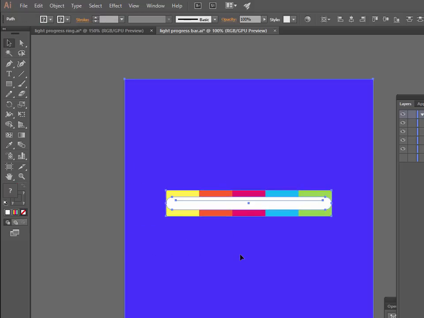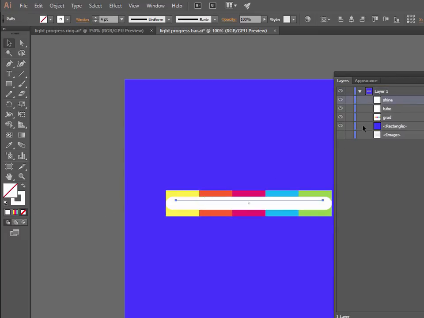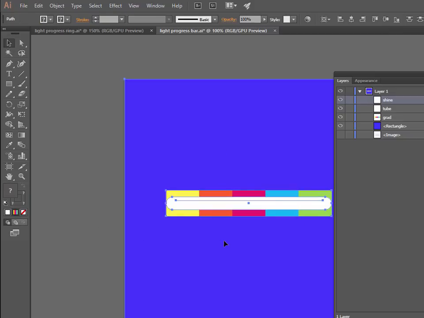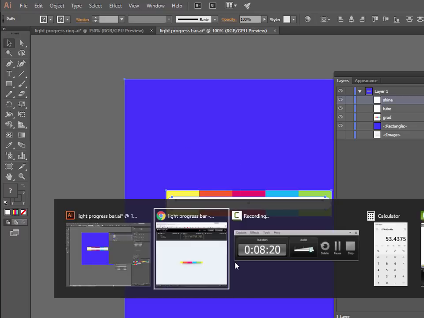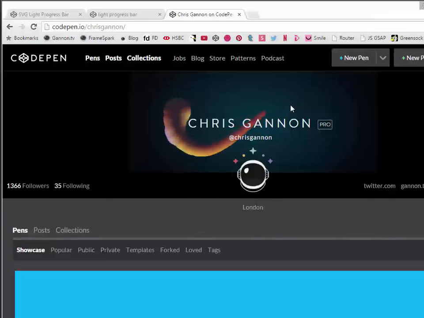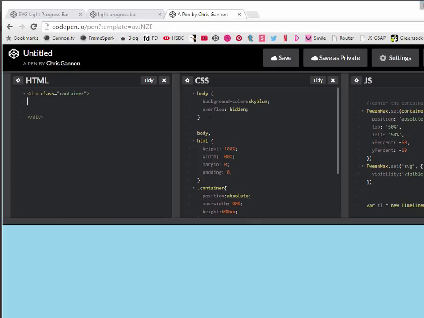So what we do is we copy everything over. I've given them names: shine, which is the little shine, then there's tube, and then there's the gradient. Okay, so I'm going to copy all those over. So select them all, Command C, and then we'll just go and create a new pen, and I'm just going to paste all that into this. This is a template that I use all the time, and it's got stuff set up for me. So I paste all that in,